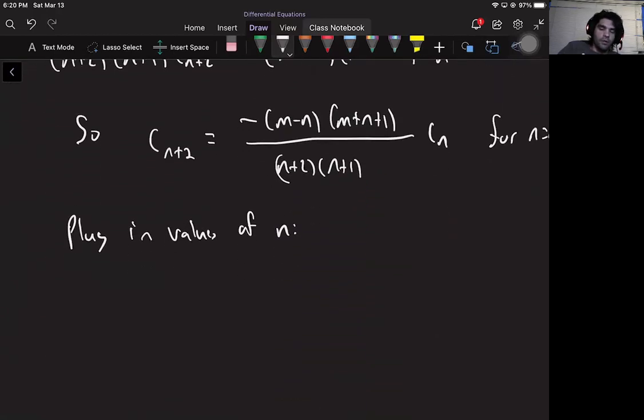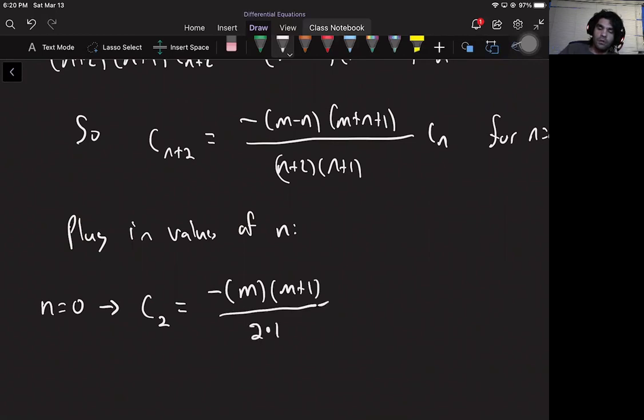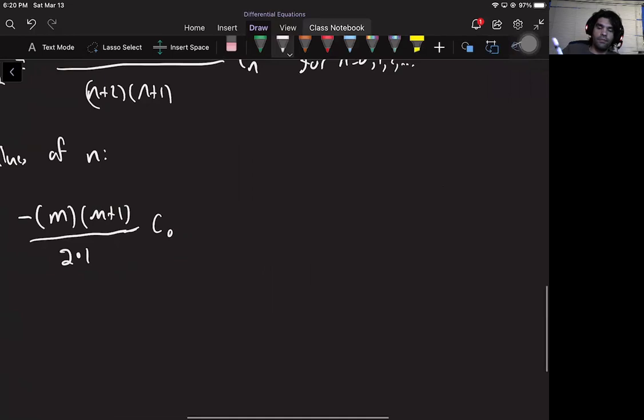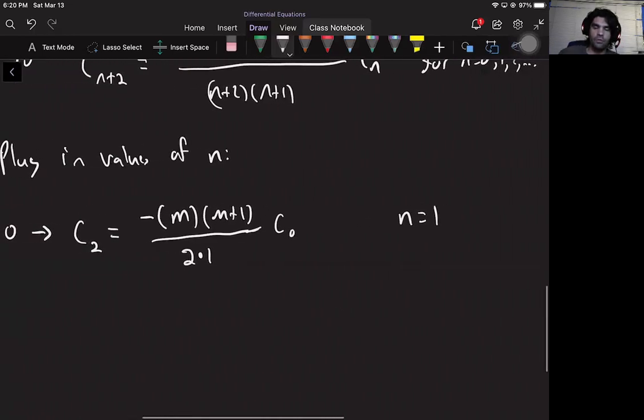Okay, so now we'll plug in 0 for n. And what do we get here? What does that tell us? That tells us that C2, 0 plus 2, equals negative m times m plus 1 over 2 times 1, C0. Okay, maybe I'll do this side by side because it's going to turn out to be an even and odd pattern. So if I do 1,